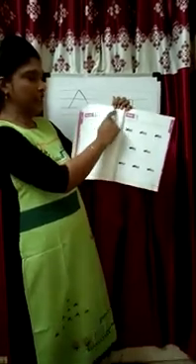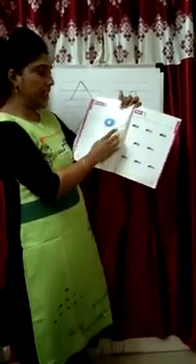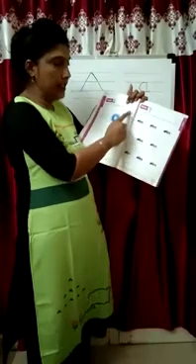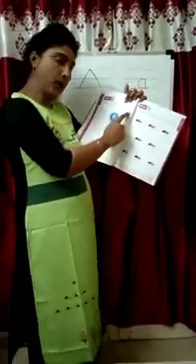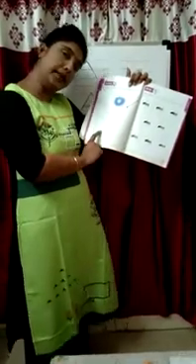See, Baby A. First of all, you mention the date, trace the letter, circle the picture. See, here are two pictures, but circle the picture that starts with Baby A. So, A for arrow, circle. A for arrow, Baby A. You just trace it. After that, trace and write alphabet A, Baby A. Tracing. After that, you just write down Baby A.